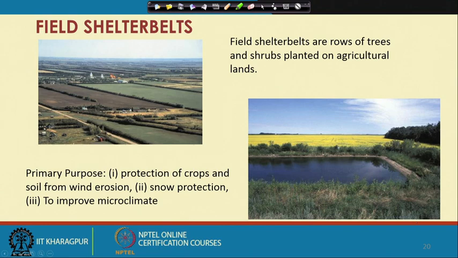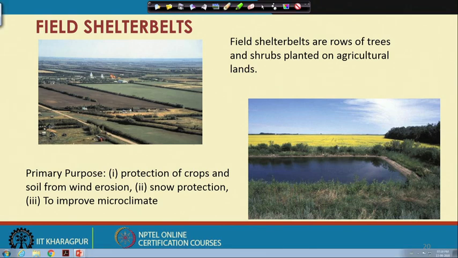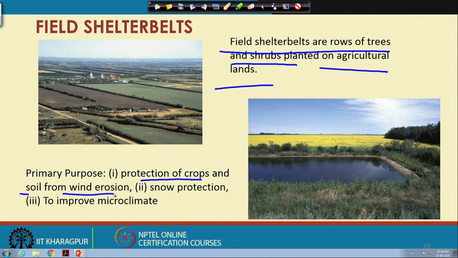Now, next is the field shelter belts. Field shelter belts are a combination of different rows of trees. Field shelter belts are rows of trees and shrubs that are planted on agricultural land with an objective to protect the crops and soil from wind erosion, and also to provide protection against snow and to improve the microclimate conditions.